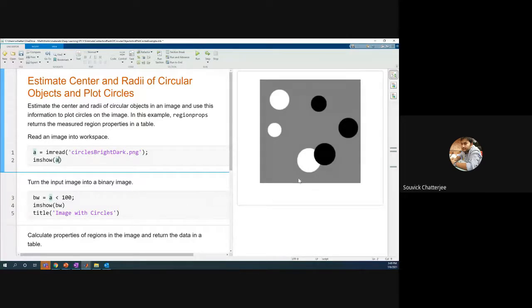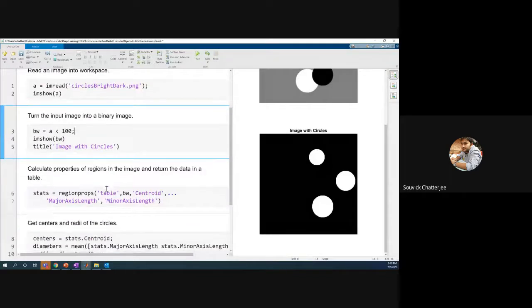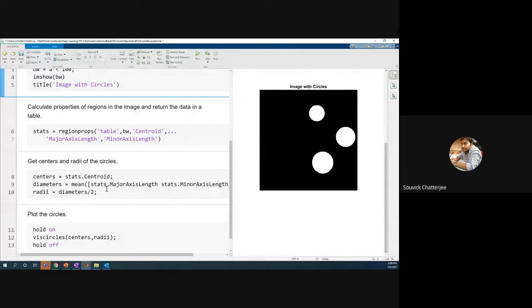I want to do the analytics part of it, right? We're converting that image to a black and white image, and then we want to calculate things like the centroids of these circles. So the command we are using is again called regionprops. Regionprops is a very strong command. If you want volumetric information, you can use regionprops3 for 3D, and for 2D things you can use just regionprops. If I just say regionprops, the stats come up.